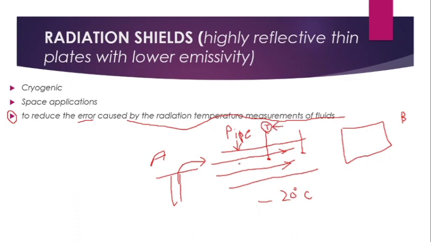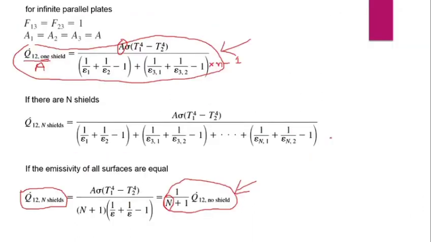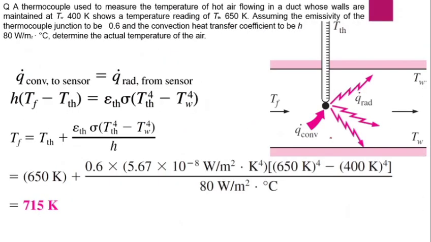right? Suppose the inside temperature is 700, outside it will be very less, or maybe there will be a lot of difference between them, and afterwards they found out it is because of the radiation between the temperature measuring device and the pipe, right? So the pipe is at -20 degrees centigrade, so that radiation caused the error, right? So on this we are going to solve one numerical, and this numerical is very important for competition purposes, especially for GATE purposes. Okay, let's get to the numerical.